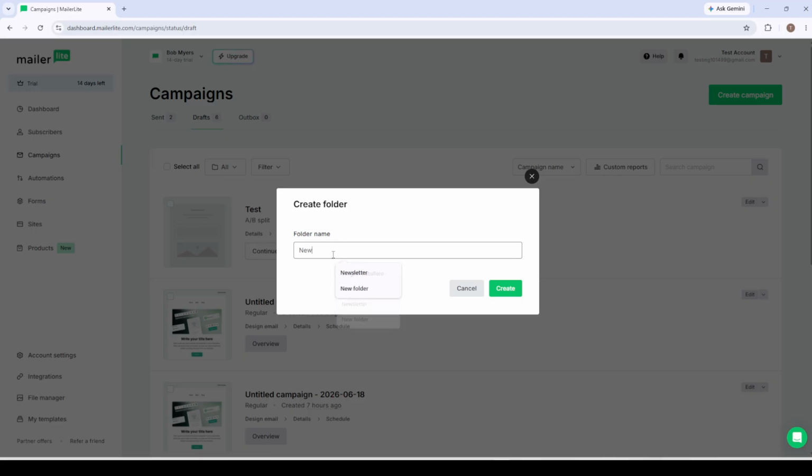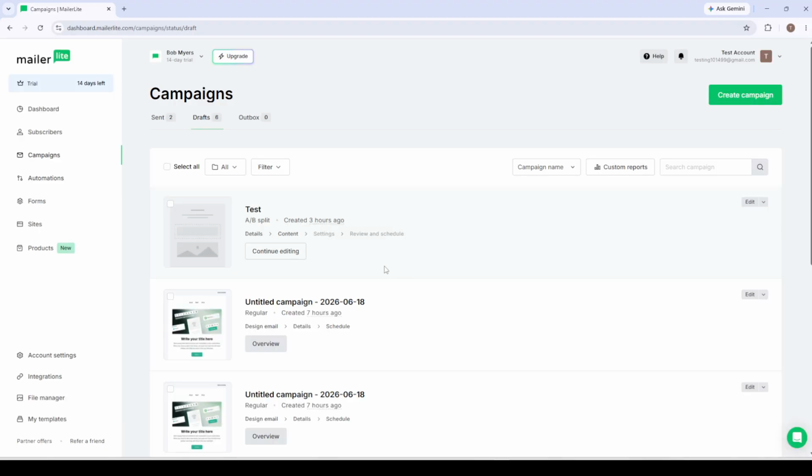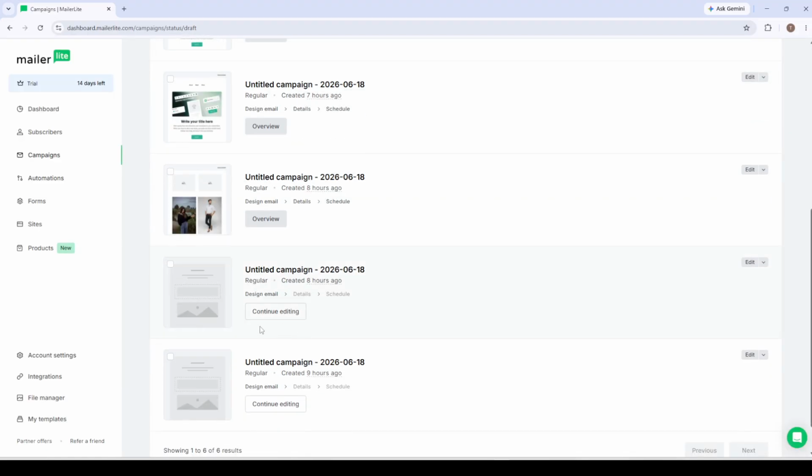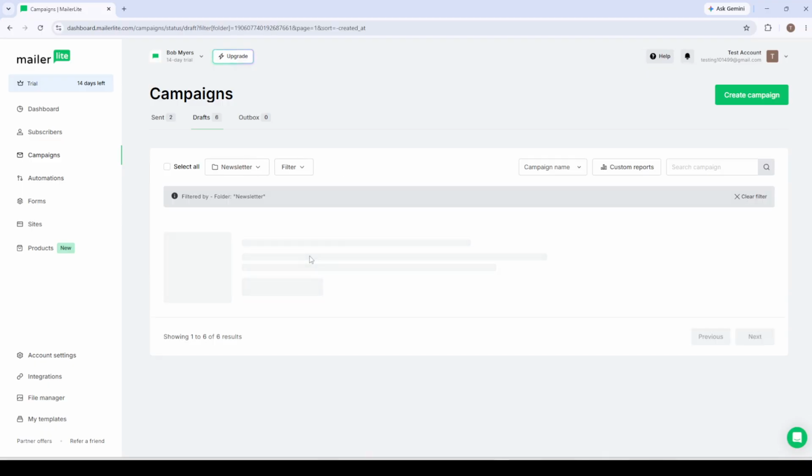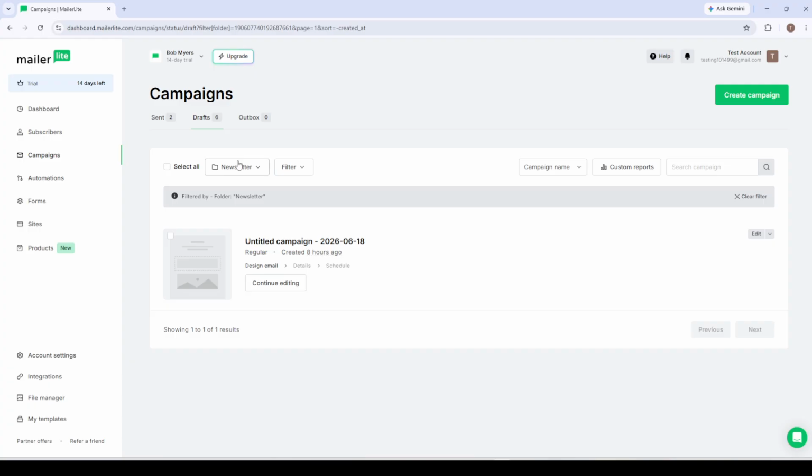Now look for the folder drop-down menu, which is usually located near the filtering options. Click it and select Create Folder. Give your folder a clear, logical name, something like Newsletter, Promotions, or Client Onboarding. Once the folder is created, go back to your campaign list. Check the box next to the campaign you want to organize. Click the Move to drop-down menu and assign it to the correct folder. What this does is instantly remove that campaign from the main list and tuck it away neatly under its folder